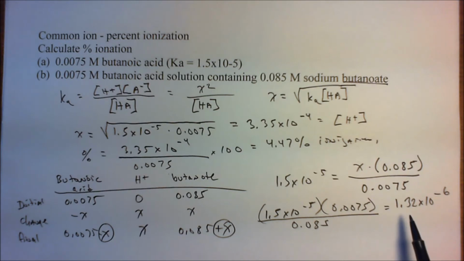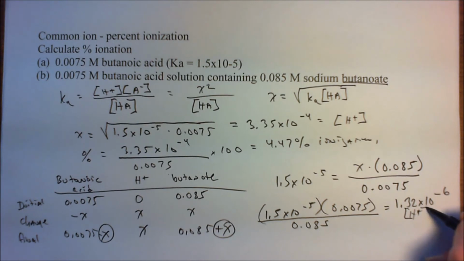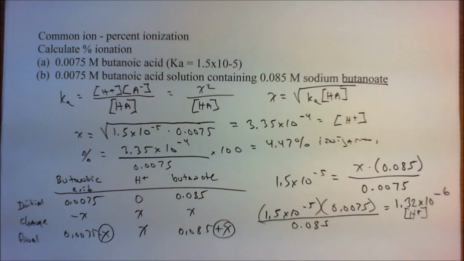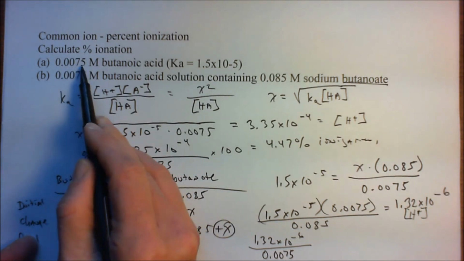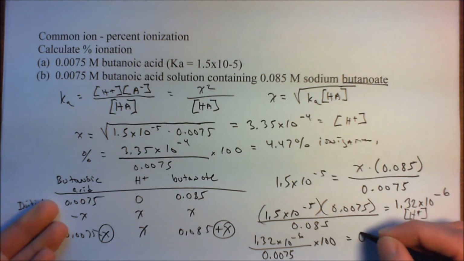To get our percent ionization, we're going to take this, which is the H plus concentration of our example B, which contained our additional common ion, and that's 1.32 times 10 to the minus 6th over our original concentration of undissociated acid, which is 0.0075 molar butanoic acid, and then multiply times 100, and we get as our final answer